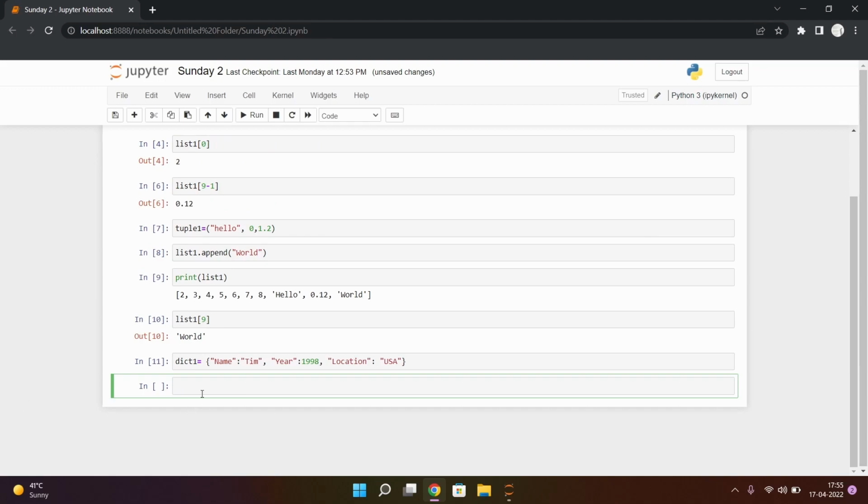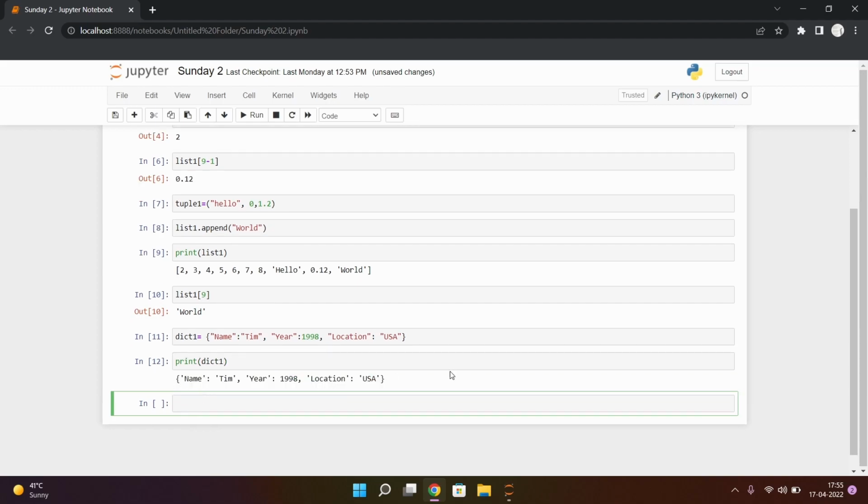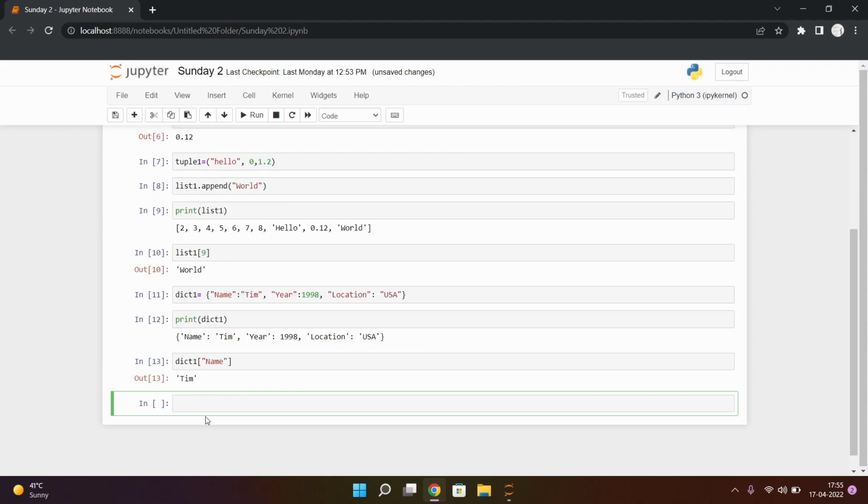If I need to print this dictionary, you can say print dictionary 1. It gives me this dictionary. Okay, so after printing you get this dictionary. If I want only one element from this dictionary, you can say dictionary 1, and inside this square bracket I can type the name of a key. So the name, I'll get Tim. If I want the location of this dictionary's element, I will type location,